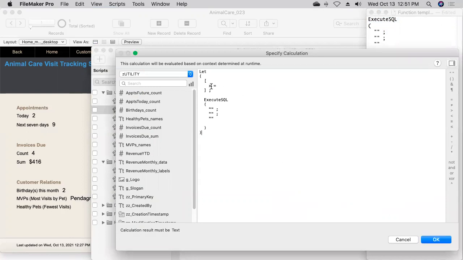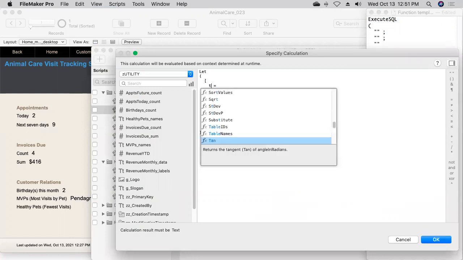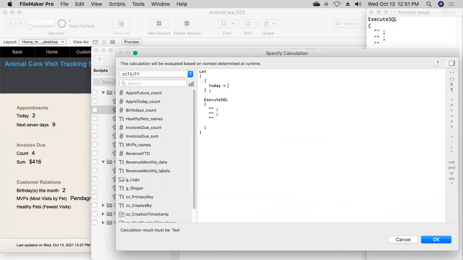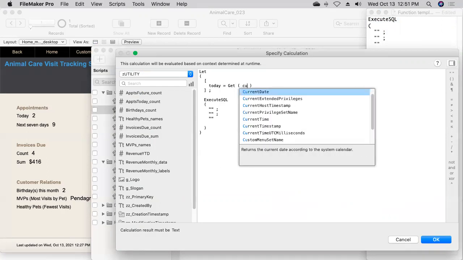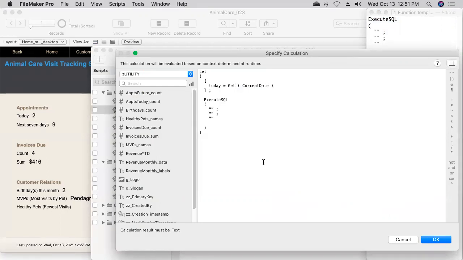And let's say, let there exist a variable called today that's equal to get current date, like so. And then in our SQL query, we'll say select the animal name, comma, and the count of all fields from the visit table